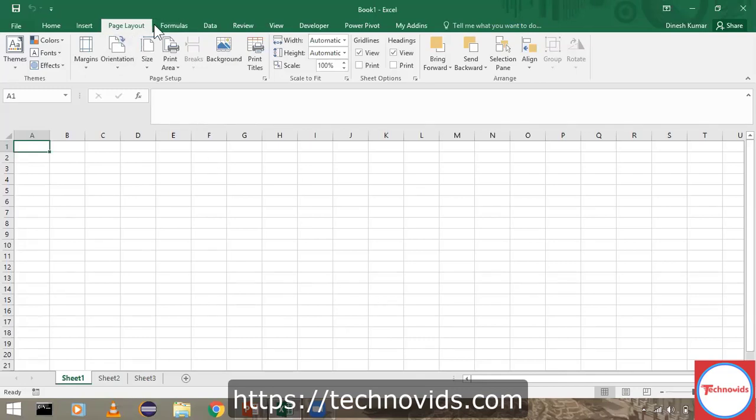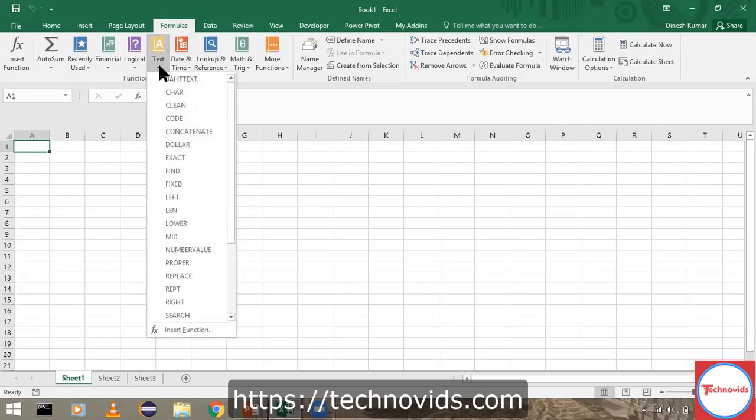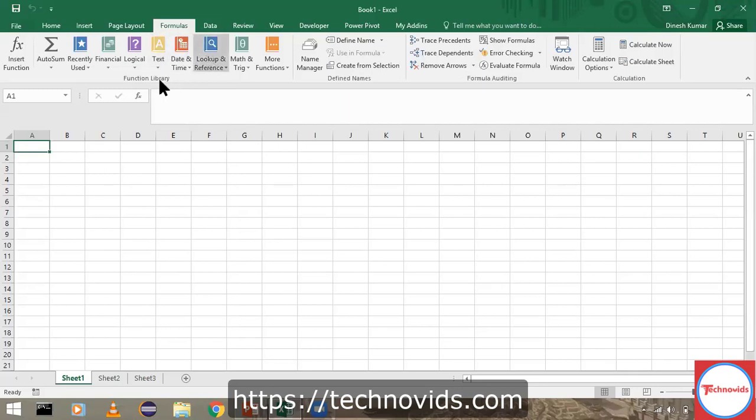And the most important tab or ribbon as far as Excel is concerned is this formulas tab, wherein all the functions available with Excel are grouped. So we have logical functions, text functions, lookup functions, financial functions, mathematical functions, etc. All the different kinds of functions are grouped accordingly, and you will have a lot of functions under that. We'll see in detail what all the functions are and how they work. So the formulas tab contains all the formulas, one of the most important ribbons.